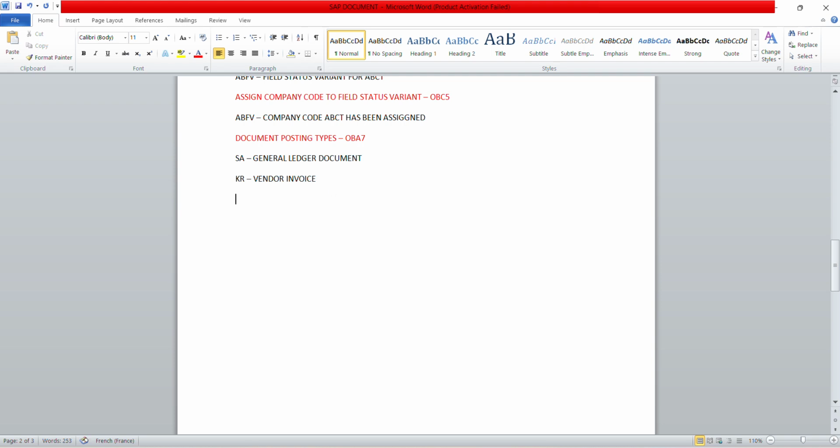In this session, I am going to explain to you about the KZ document. This is nothing but vendor payment. In SAP, there will be a total of 6 documents, like